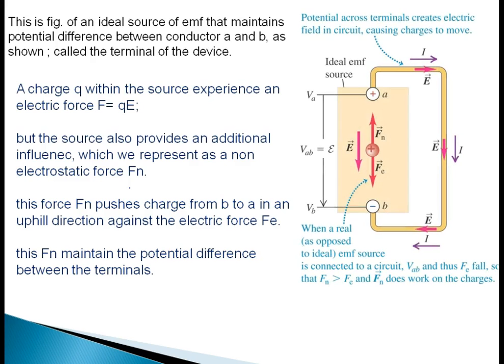All of you just read it. I just want to tell you that it is the non-electrostatic force inside the cell which is responsible for the motion of the positive charge particle. And all of you know, force into displacement is always work. So this non-electrostatic force into displacement, that is work, and work done in electrostatics, all of you know, is Q into V. V is the potential difference across both the ends.